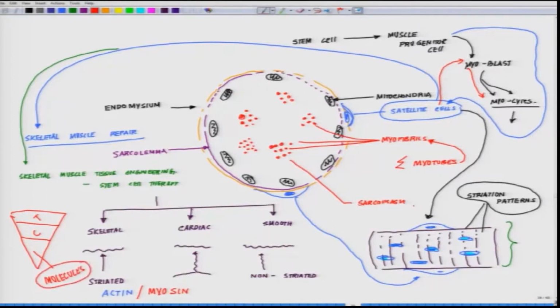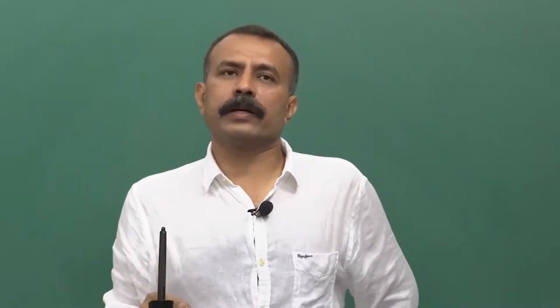Okay, now we are at the molecular level. These actin and myosin filaments are those key players which are involved in the force generation. Whatever muscle you study, whichever animal you study, most of the force generation in the muscle is governed by these